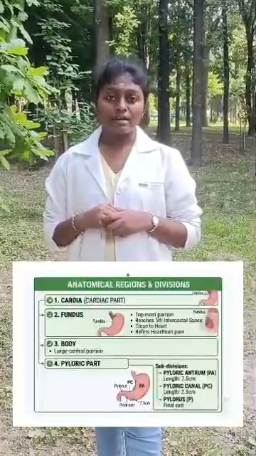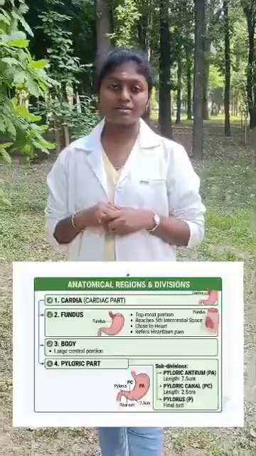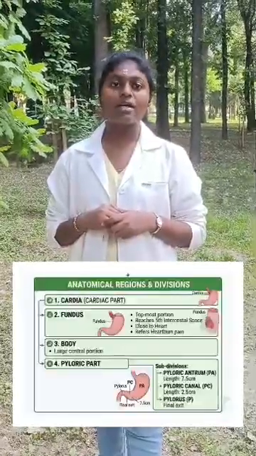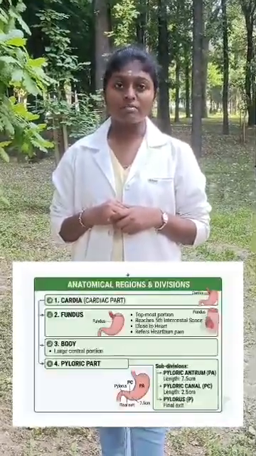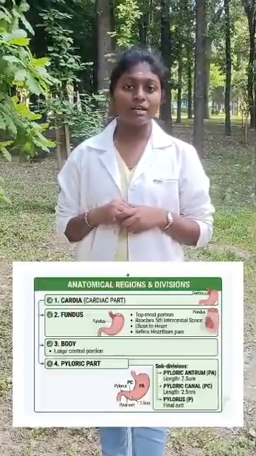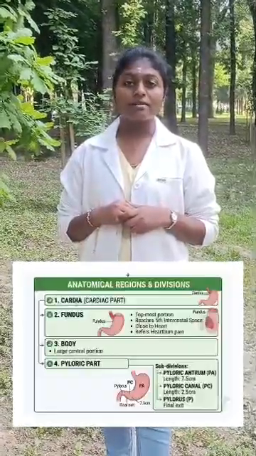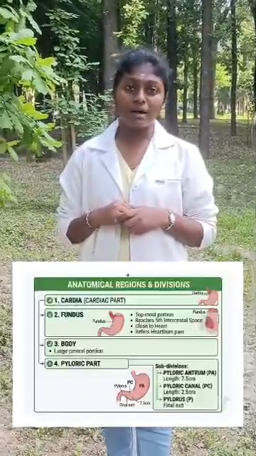The stomach has four parts: the cardiac part, the fundus, the body, and the pyloric part. The pyloric part includes the pyloric antrum, which measures up to 7.5 cm, and the pyloric canal, which measures about 2.5 cm, and finally the sphincteric part, which is the pylorus. The stomach is anatomically structured around two main openings, two distinct curvatures, and four major regions.